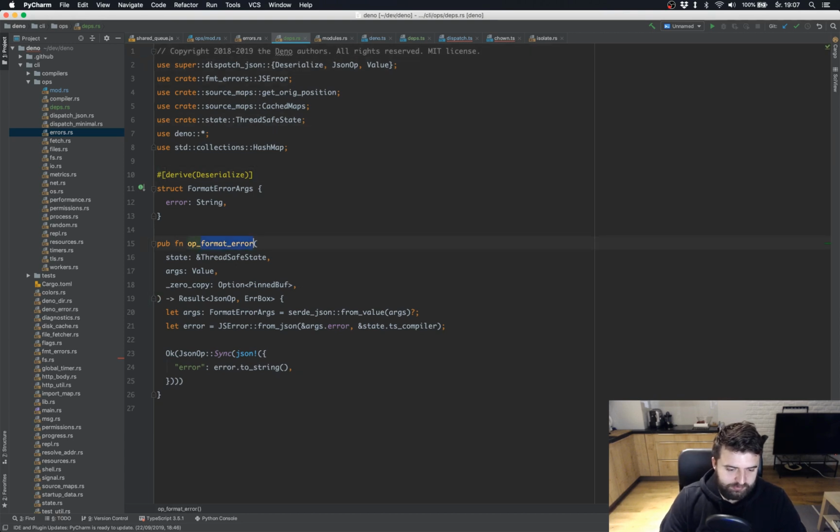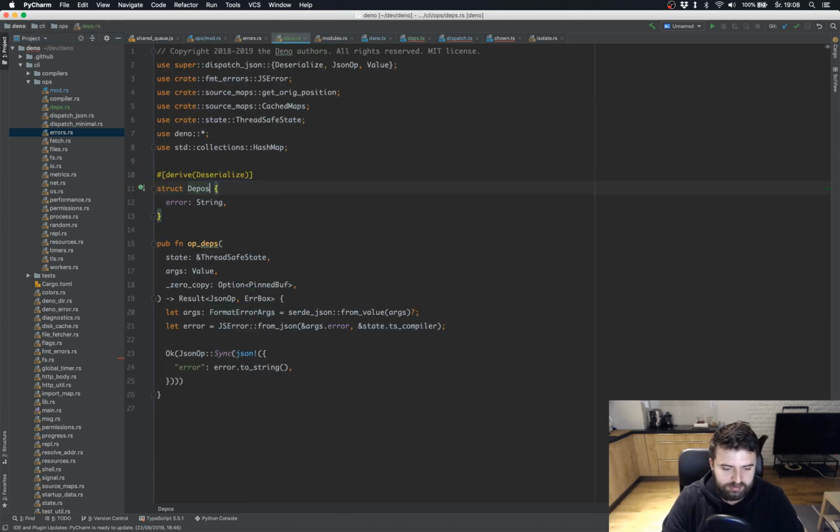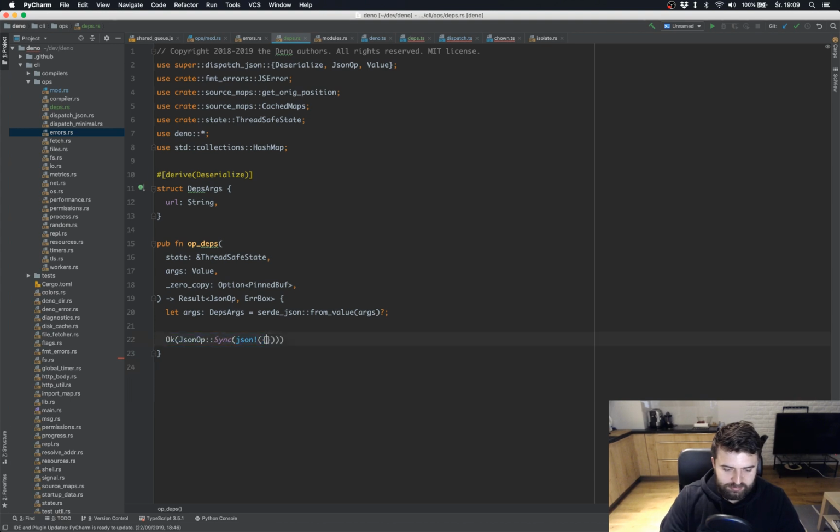So we're adding op.deps, then we have args. Args is a JSON value in here, so it's already a deserialized control buffer that we know is JSON, and now we're gonna add a new struct that reflects what we send from TS. So if in here we send an args object that consists only of a single field called URL, then we need the same thing in here. So this will be deps args and URL, and now we're gonna deserialize the JSON message. So we're using serde JSON, and we just need to give it the type that we want to deserialize this value we have. Okay, so for now this goes, and in here let's have an empty object,